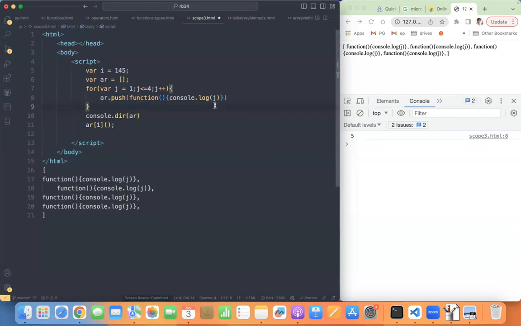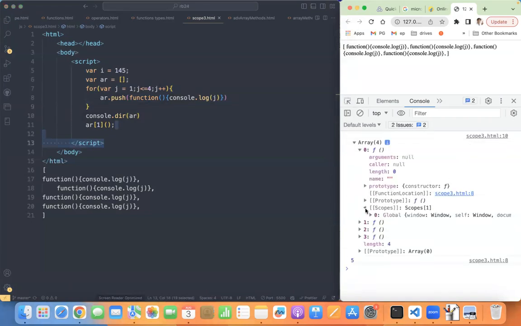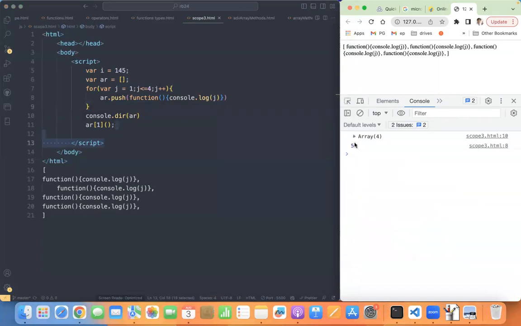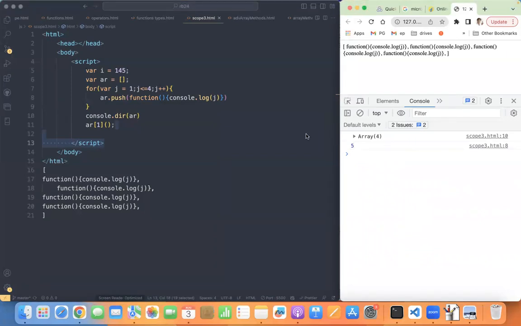Okay. So now I would like to introduce you to the actual thing. That is, when I open it, I can show you the scopes. Here we have only one scope, that is global. In the last class, I showed you closures. Okay. Shall I show you the closure one more time? Hello? Closure. Here it is.